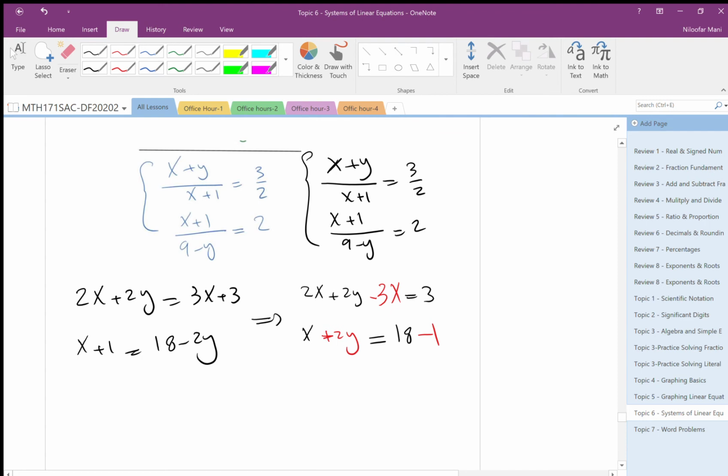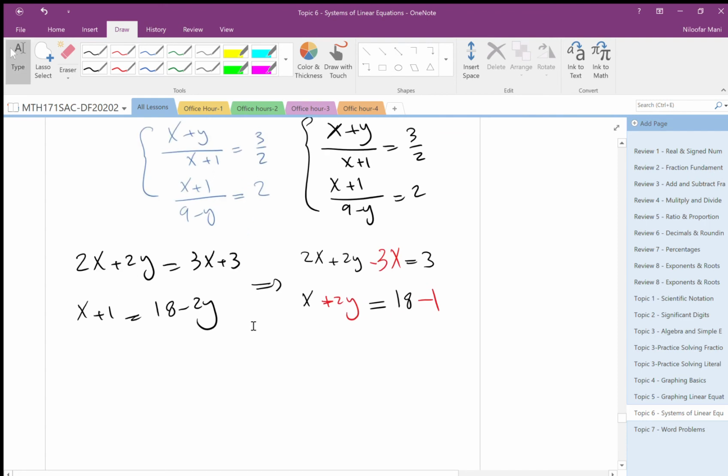Okay, so then I simplify. I change the color. It is minus x plus 2y equal 3. I have x plus y, okay, x plus 2y equal 17. And now I can solve it. How do I solve it? I add them and I remove,